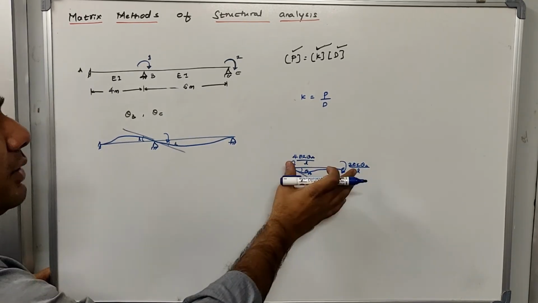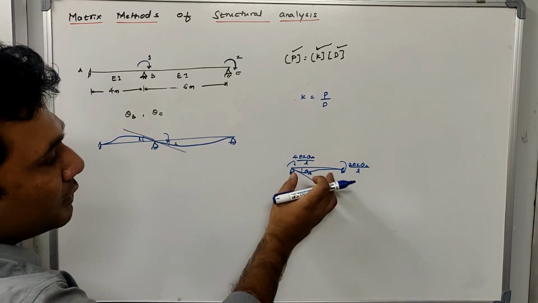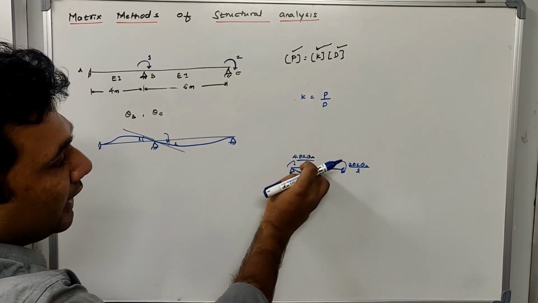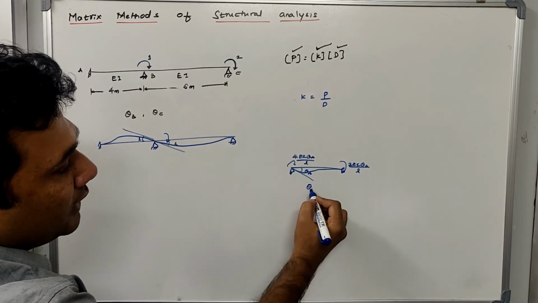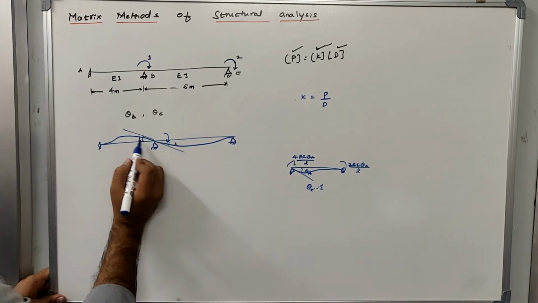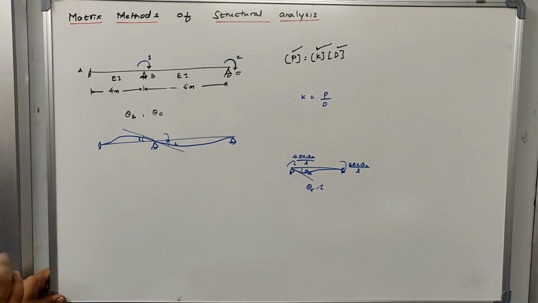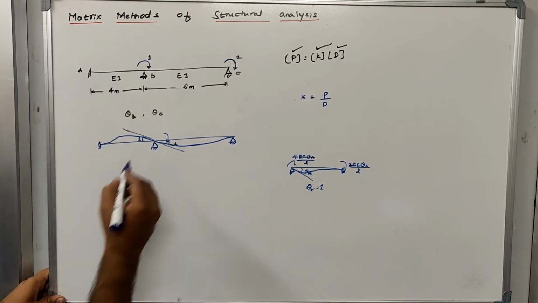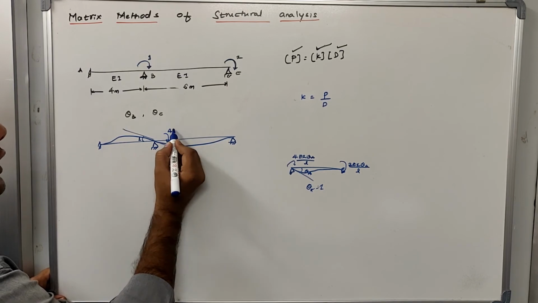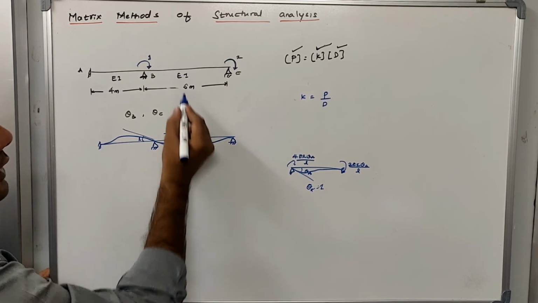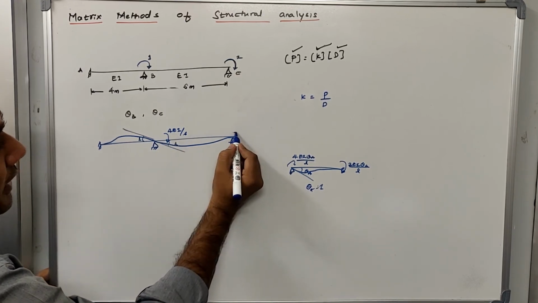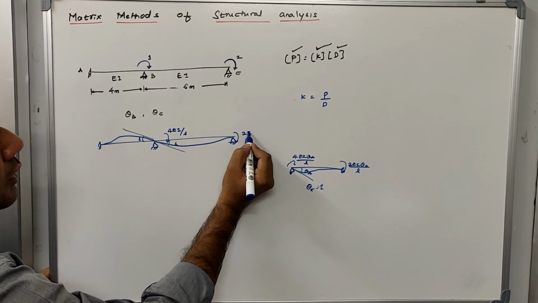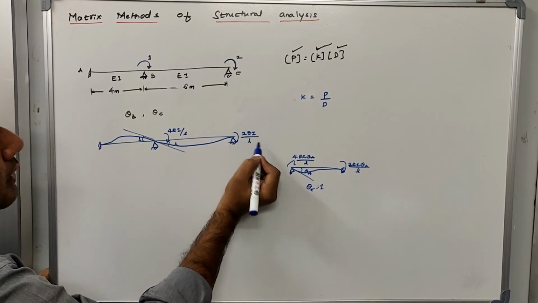Now the same equation we'll use here also. First, 4 EI theta A divided by L is there. As we know, the theta value is equal to 1, so theta A should be equal to 1 here, right? This is the unit rotation that we are applying. So the moment here will be equal to 4 EI divided by L. L is how much? 6 meters, right? At this end it will be the same, and at the far end also it will be 2 EI divided by L.